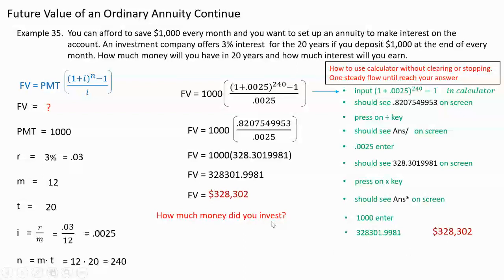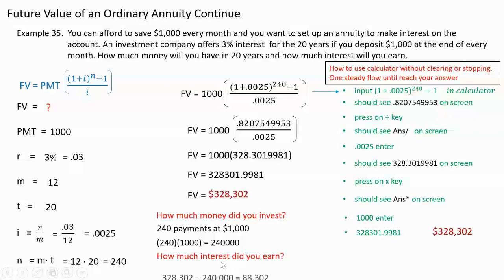Now, how much money did you invest? Check this out. How many payments were there? 240, right? And there were $1,000 per month. So you multiply 240 times 1,000, it was 240,000. But you have 328,302. So the difference, when you subtract 240,000 from 328,302, is $88,302 you got in interest